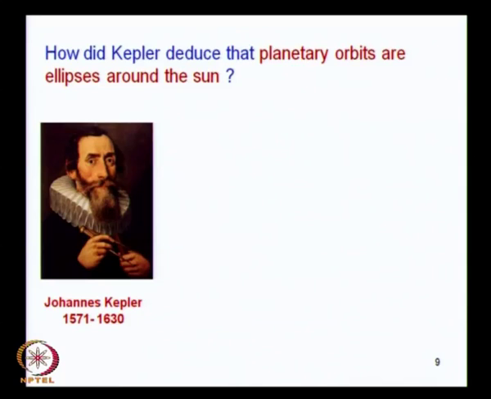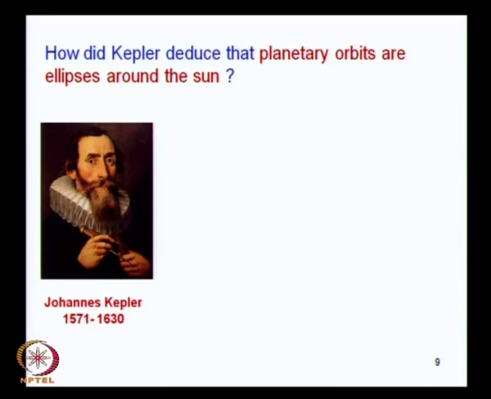This is something which bothered me, and it worries me about Kepler, even if I know that he died in 1630. But this is the question, and you can try to answer it first by asking yourself, how would you find the trajectory of a planet